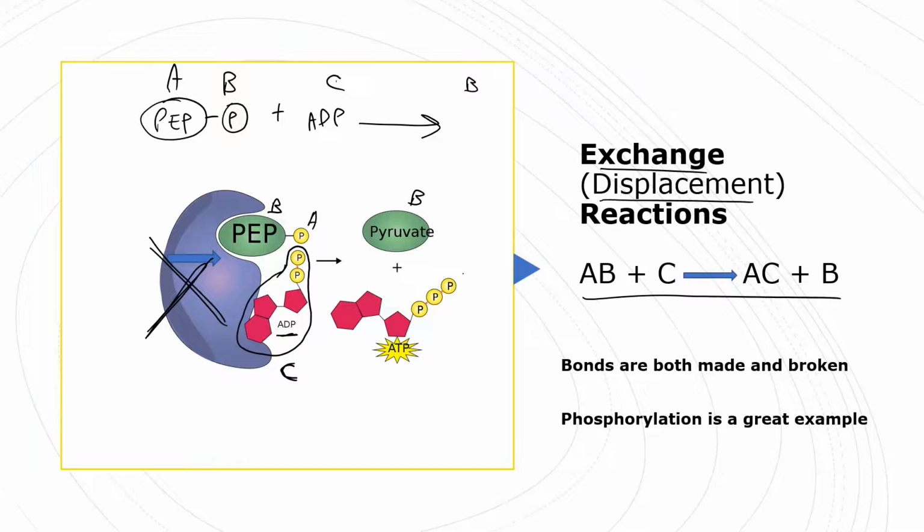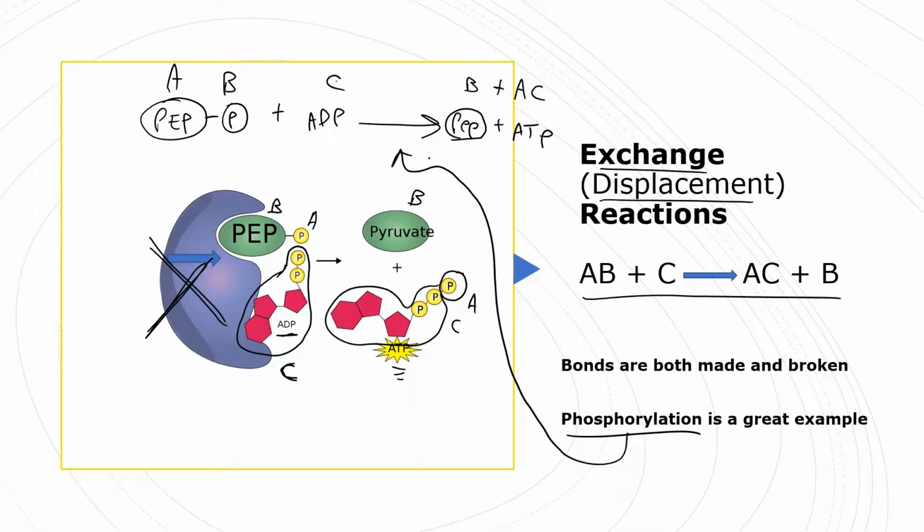So B's all by himself, but it looks like A and C have hooked up to become something new called ATP. Now we're going to discuss this further in another lecture, but that's the idea here. Now we have A and C. Okay, so now we have this green guy. I'm just going to call him B again, even though he changed his name, plus ATP. This example that I just showed you is called phosphorylation. It is a little bit beyond our pay grade at this moment, but we'll talk about it in other lectures quite a bit. It is the classic example of an exchange reaction or a displacement where we're making and breaking